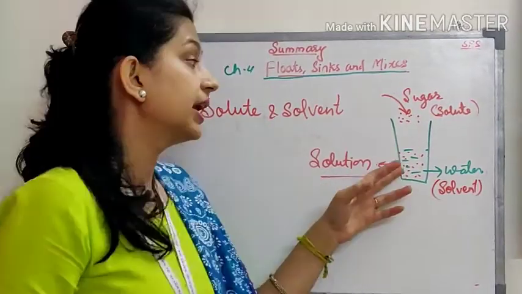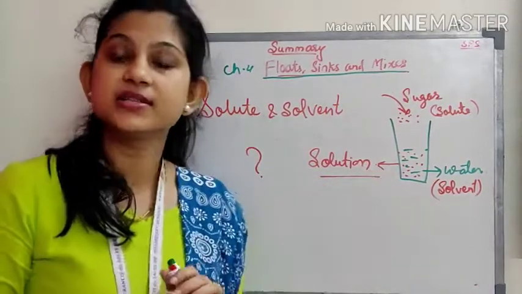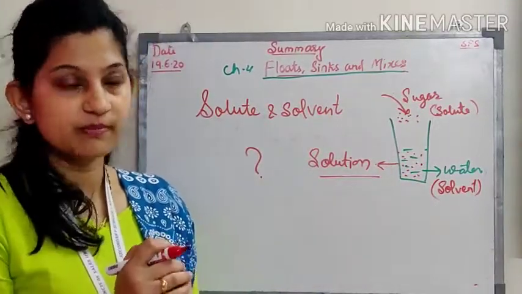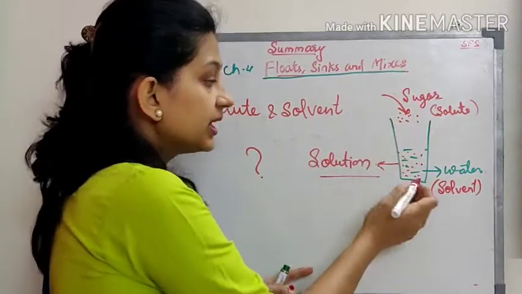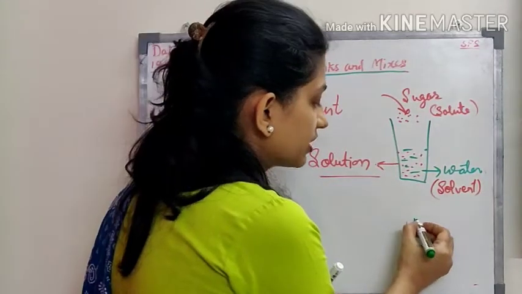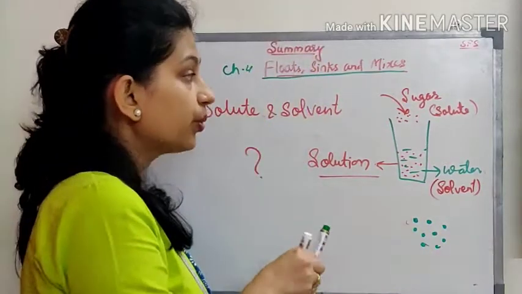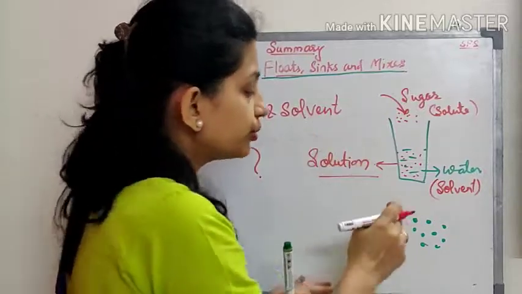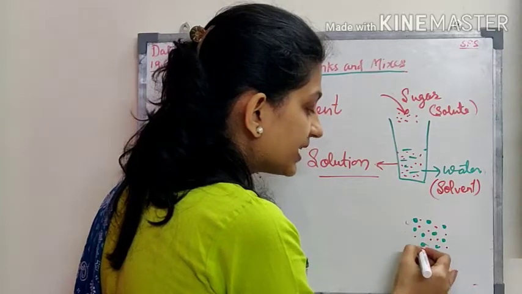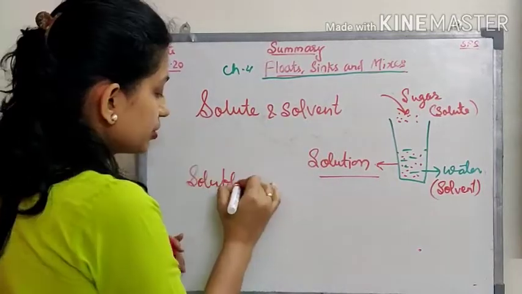Now the question comes, why? I have told you every substance is made up of matter, small particles. These water molecules are also made up of small particles. For example, these green colored particles of water had space in between, and when you added sugar, salt or any solute in water, there was space for that particle to get evenly distributed, therefore it gets dissolved in it. Clear?